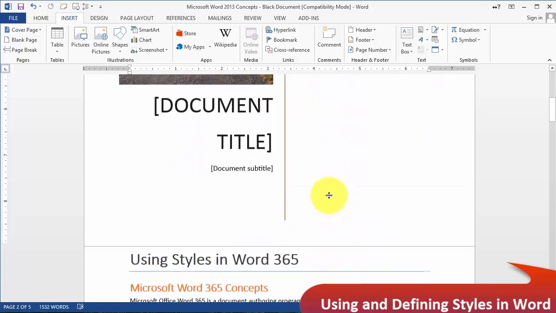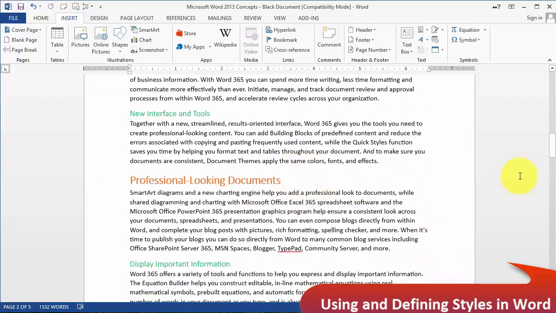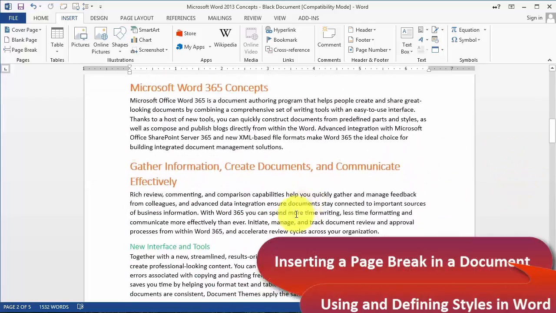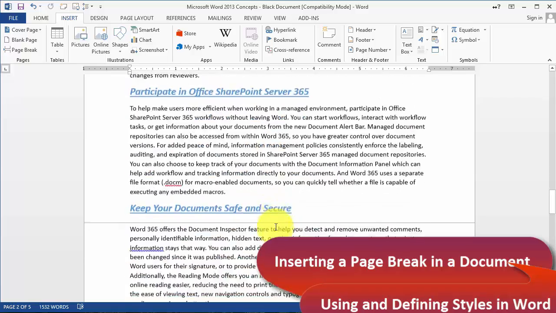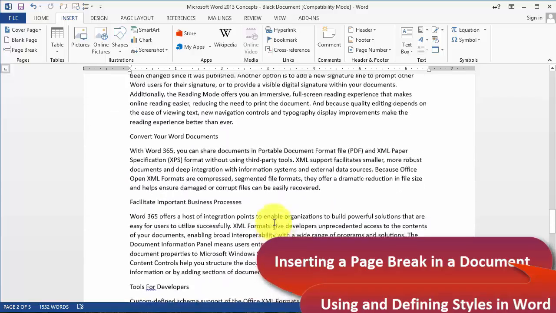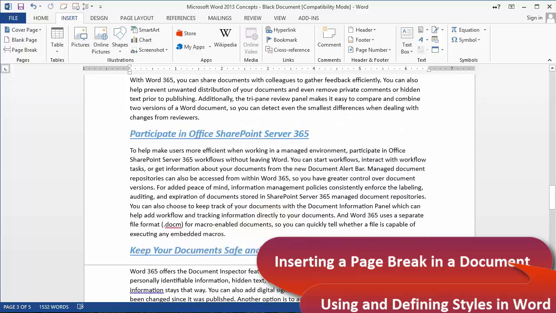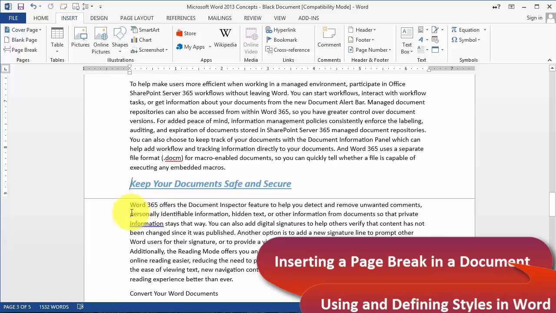The other thing is that from time to time you might want a part of the document to always be on the beginning of a next page. For example, let's say I want this right here where it says keep your documents safe and secure. Notice this starts on the next page here, the wording. So let's say I want this to always be on the next page. You do that by inserting a page break. So you click here on page break,